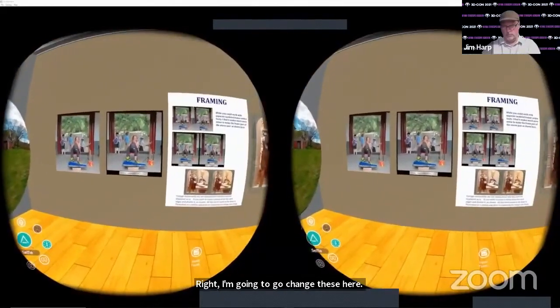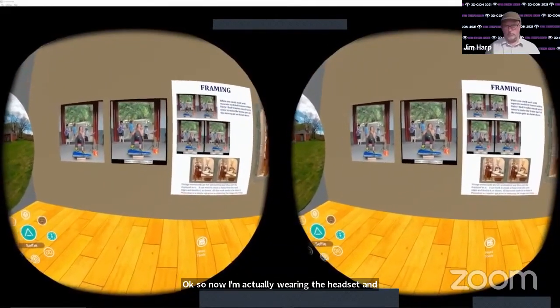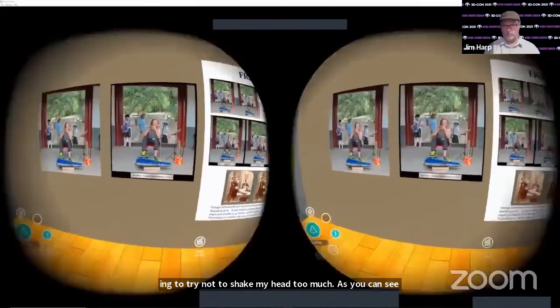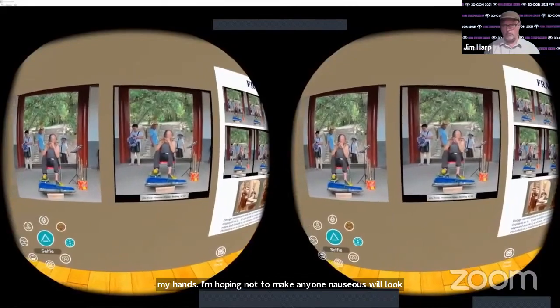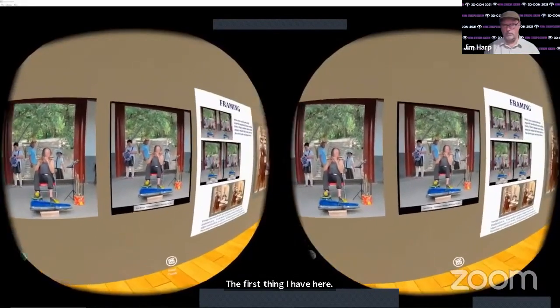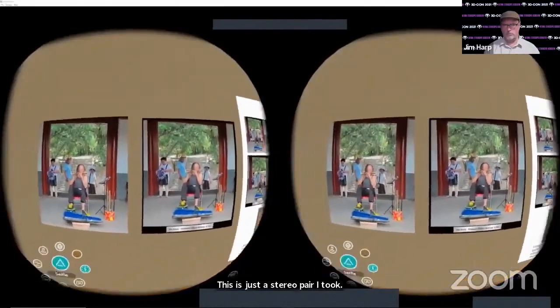Okay, so now I'm actually wearing the headset, and I'm going to try not to shake my head too much, so you can see my hands. I'm hoping not to make anyone nauseous. We're going to look around the gallery a little bit. The first thing I have here is just a stereo pair I took, and I wanted to demonstrate